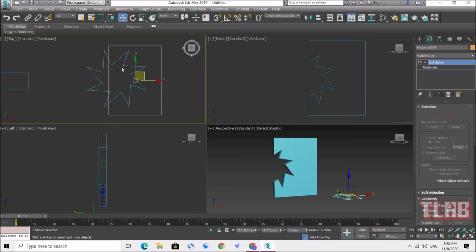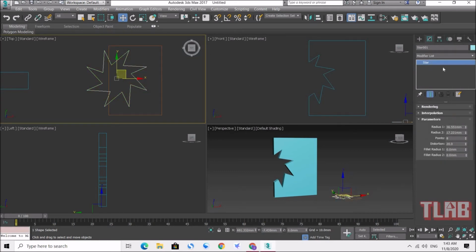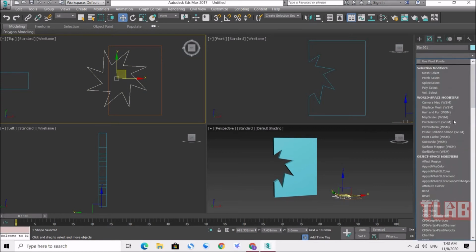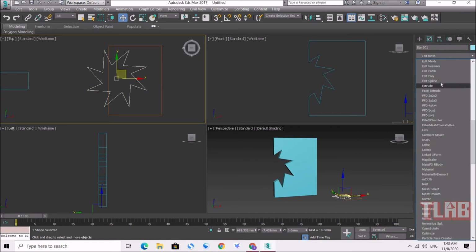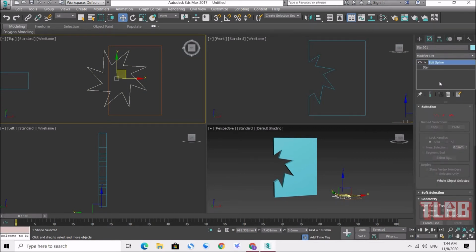Next stage, you need to select the star again. Repeat. Modify list, Edit Spline again. So for both you need to apply Edit Spline, but you cannot select them together and then give Edit Spline. You need to select one. Next stage, you need to select maybe the star, also can, or maybe the rectangle, but I suggest you select the rectangle